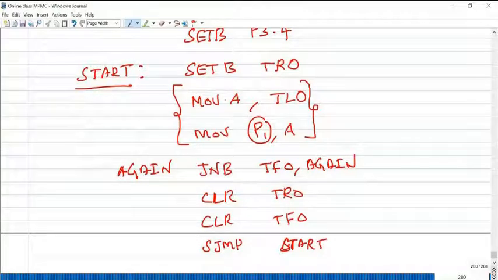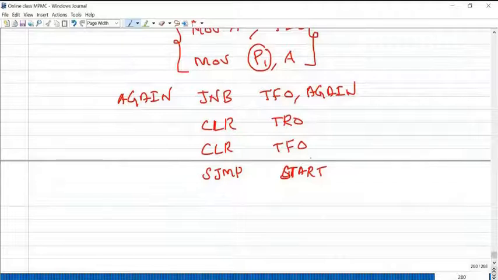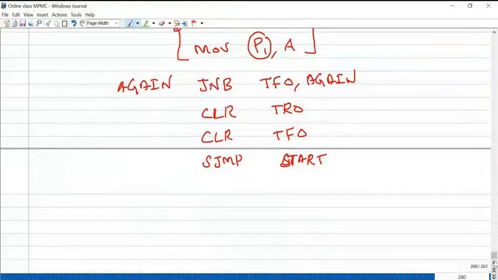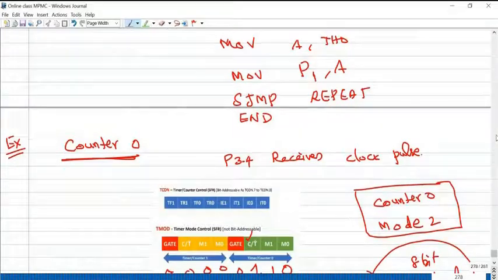In this example, through the accumulator, I am displaying the TL status on port 1. Check for the overflow flag. If overflow occurs, then start your counter again. So any doubt in these two programs particularly?